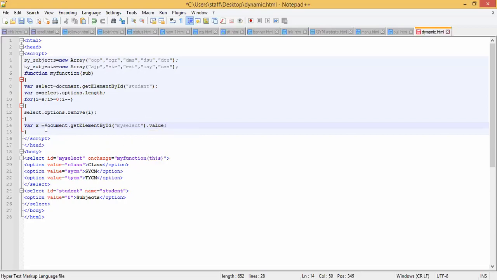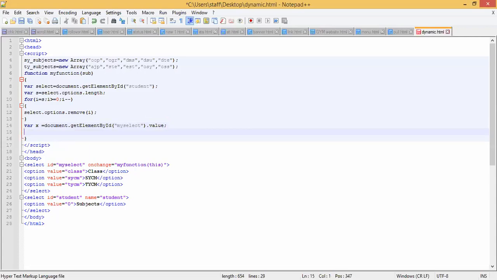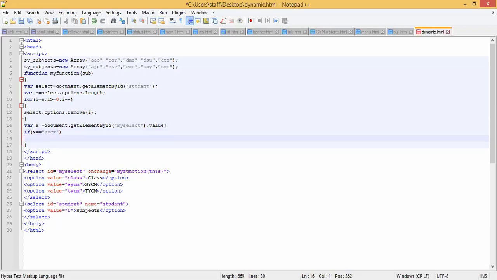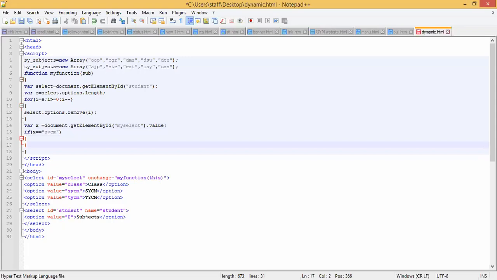Then if x equal to SYCM. If we have selected SYCM, then what to do? If we select TYCM, then what to do?